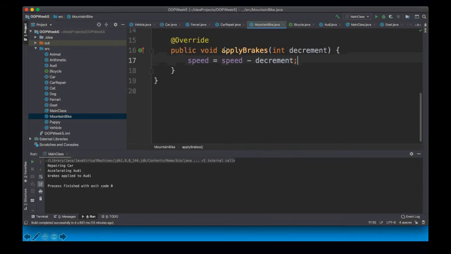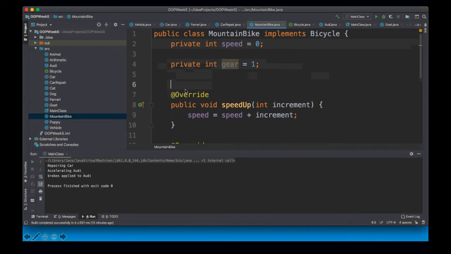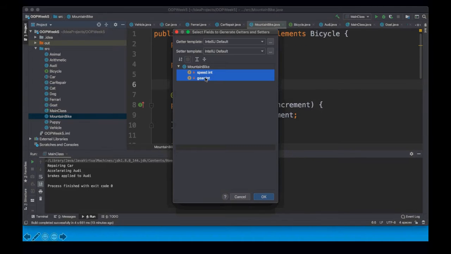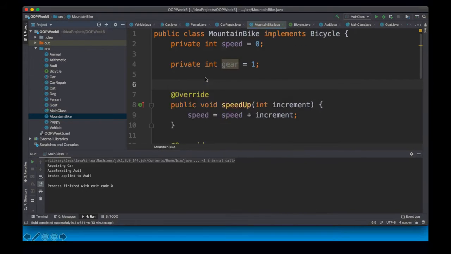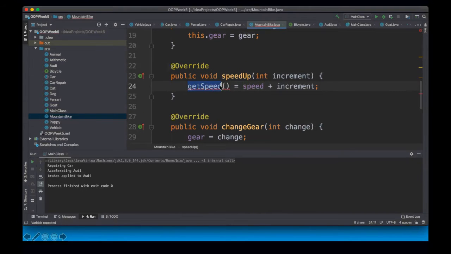We can do this because our variables were set to public, but if we change it to private, and we declare our getters and setters, we set our speed to, okay, we just speed equal, and in our main class